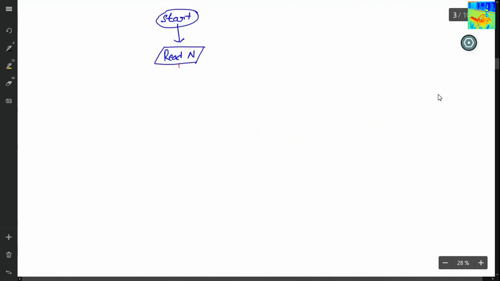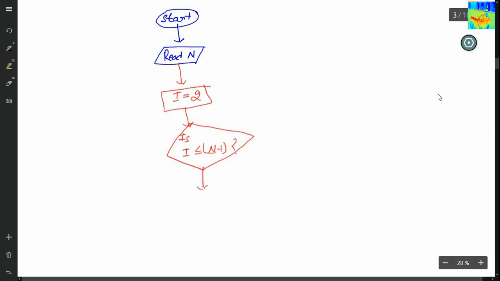So you have to first read n. After reading n, you will take a variable I, which is initialized to 2. And we have to test all the numbers from 2 to n minus 1. So till I is less than or equal to n minus 1, I have to check. I have to find just one single number that divides n. So I am checking. If this condition is true, I will come here.